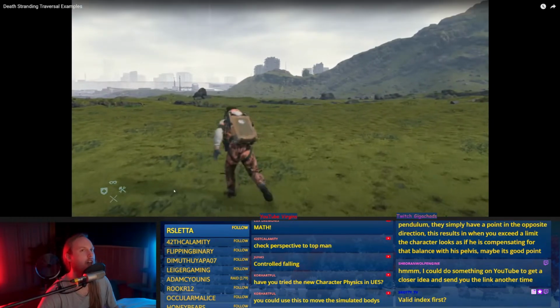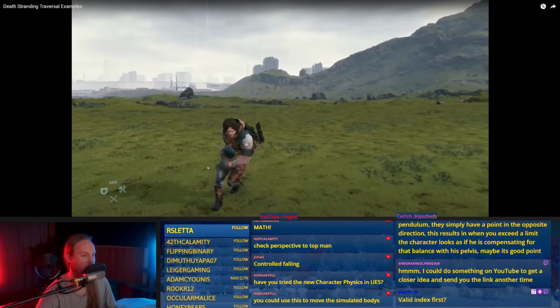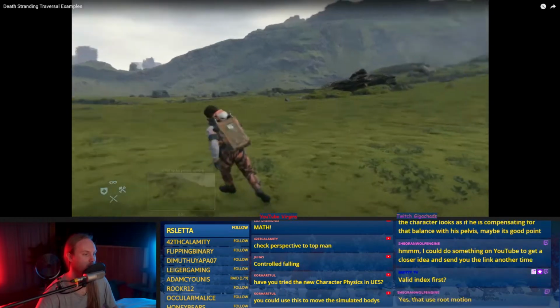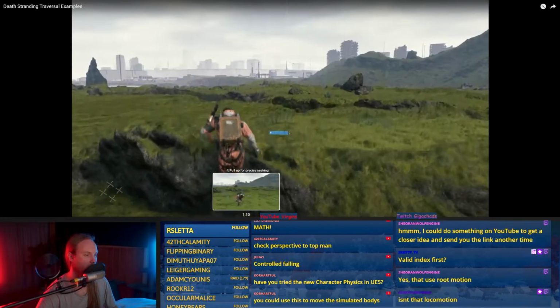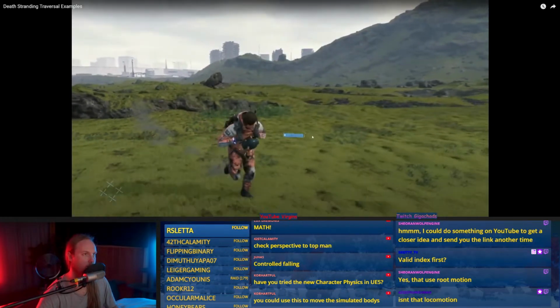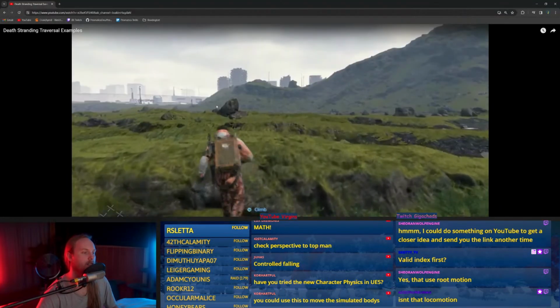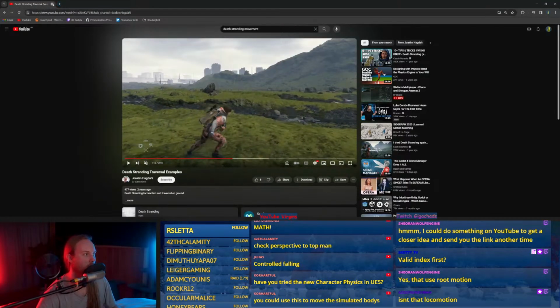Valid index first. Well, I probably want it to throw an error if they haven't put their components on it. Isn't that locomotion? Well, there's two types of locomotion.